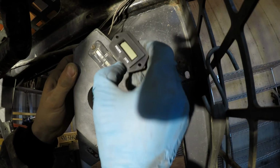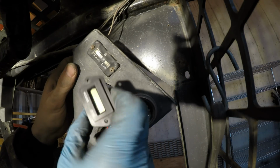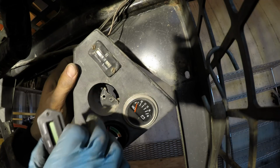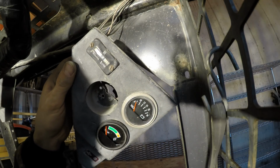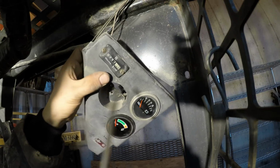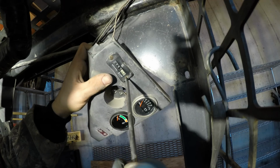Here, I got this new one, and I've had better luck with the digital ones than this type. I've bought a few of these new, and then they immediately fill up with water and just stop working. Even the companies were claiming them to be waterproof, so I don't know, if someone wants to recommend the best hour gauge, but